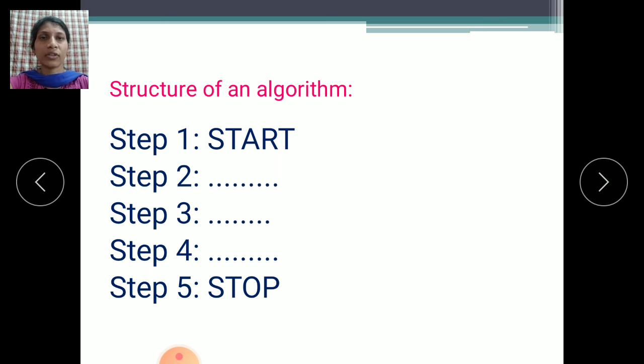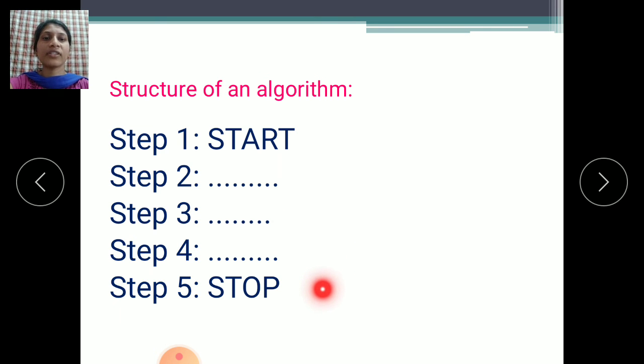Whatever result we get, we display on the monitor screen in step 4. So whatever result we get to solve the particular problem, we print that result in step 4.